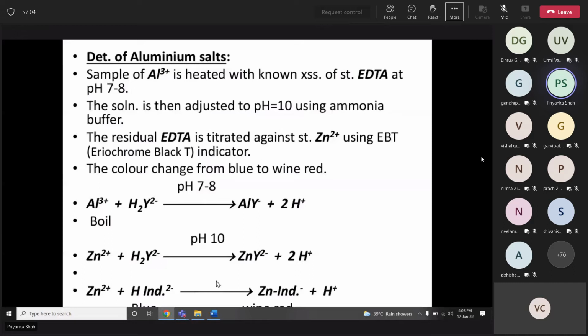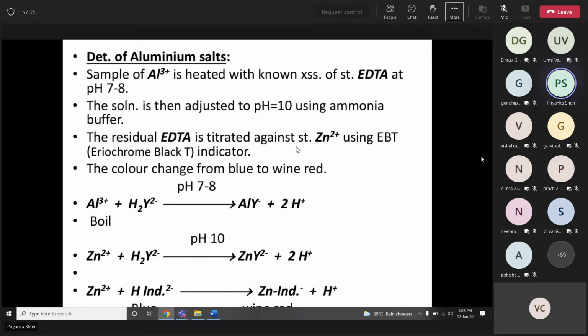Now here one example is given for determination of aluminium salts. The sample of aluminum is heated with a known excess of standard EDTA at pH 7 to 8. Okay. Now this solution is adjusted to pH 10 using ammonia buffer. Okay. And the residual EDTA is titrated against the standard solution. Our sample is this, okay, excess EDTA we have added. You have maintained your pH 10 with this ammonia buffer, and now the residual EDTA is titrated against